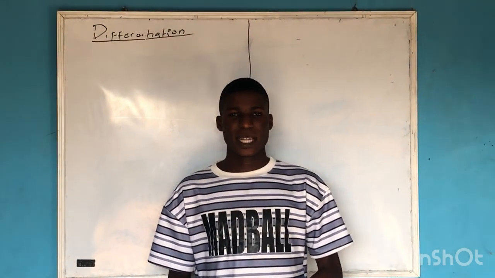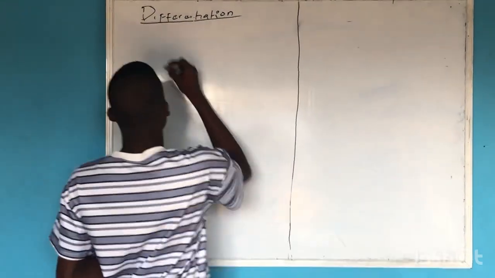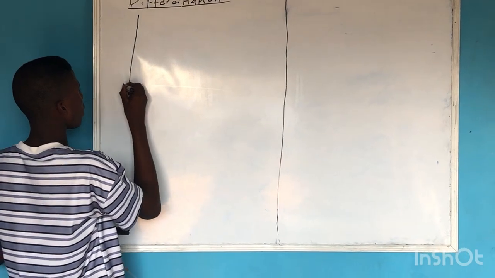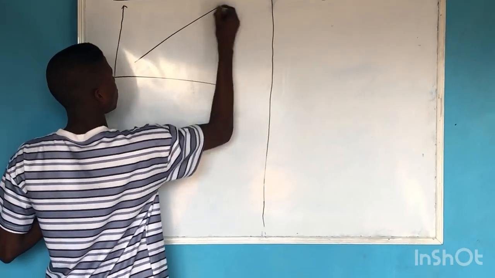For the gradient of a straight line, it's very easy. The gradient of a straight line is the increase in y over the increase in x. Let's say we have the gradient of a straight line, which is like,